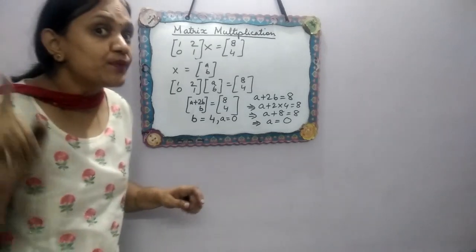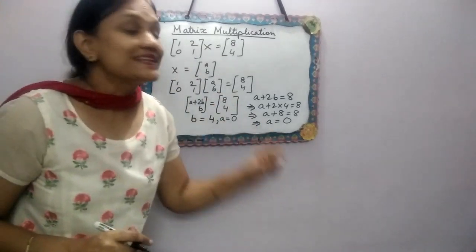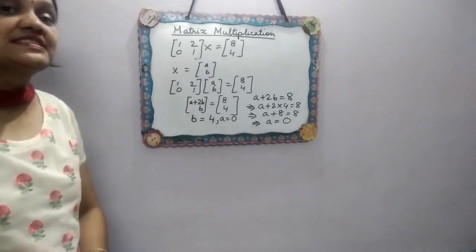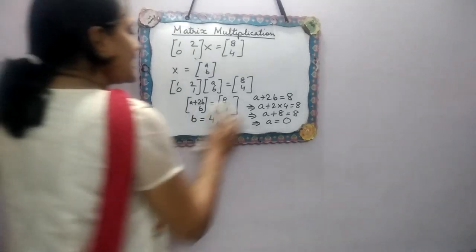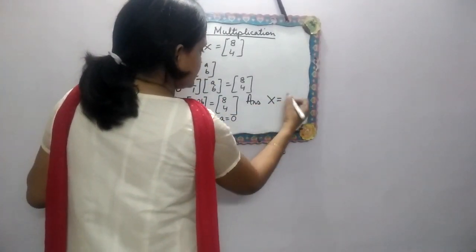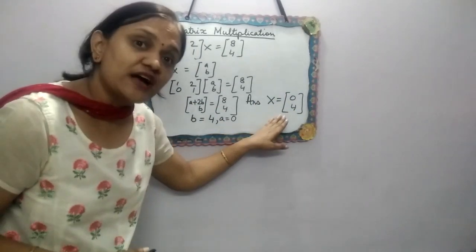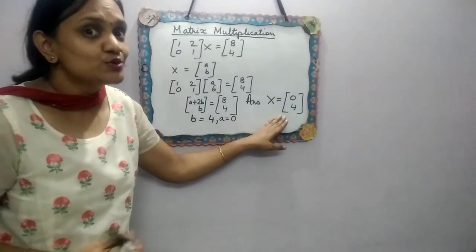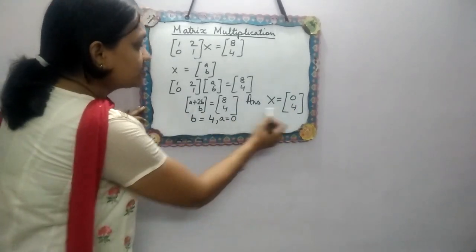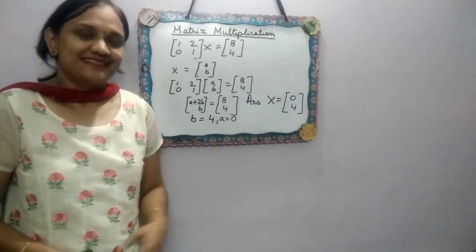Children, one very important thing. We have calculated this, but the question always says calculate the value of X. So don't leave your answer over here. The question will say calculate the value of X and don't forget to write answer X is equal to 0, 4. Most of the students forget to write this and they unnecessarily lose 1 mark. So A equal to 0, you'll put here, B is equal to 4, you'll put here, and you are getting the value of X. That's all for today.